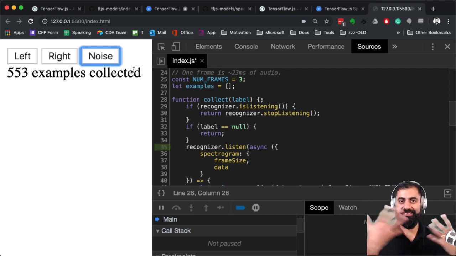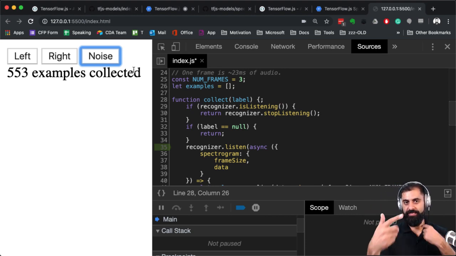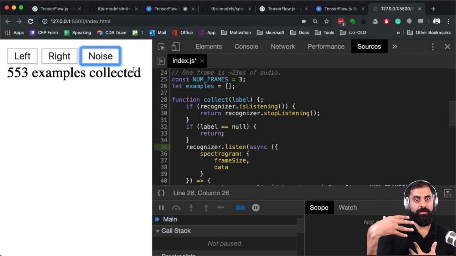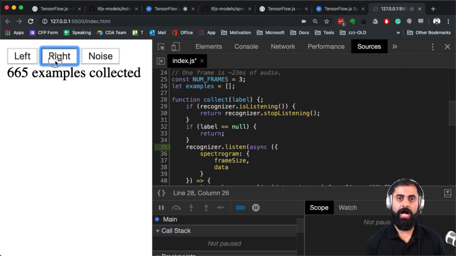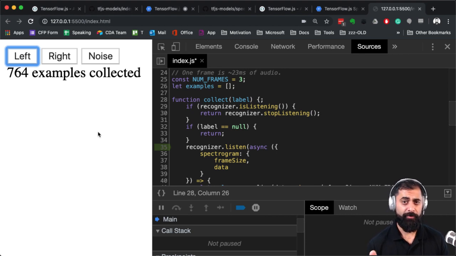For noise, you probably want to collect background noise and not you talking, because it's trying to figure out if that sound in the corner is a human voice or if it's just some background noise. So you need to collect that as well. Starting to feel maybe okay, Asim is going to be like a tone instead of a word. But we'll see. We'll never give up. So that's what that's doing. Okay, I think that's what this example is doing so far.